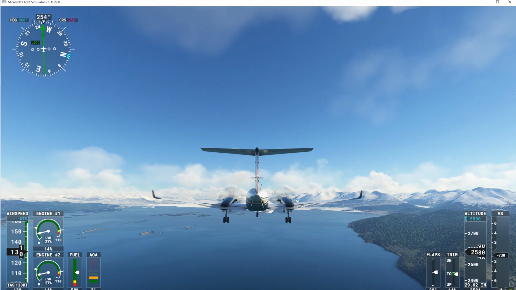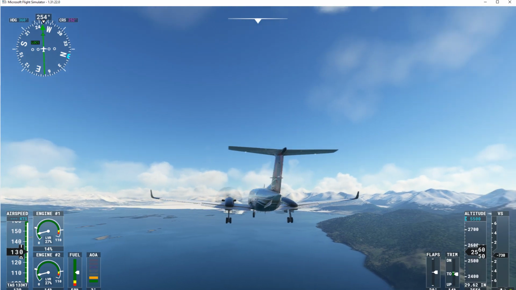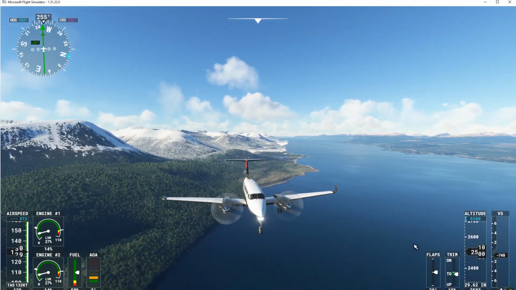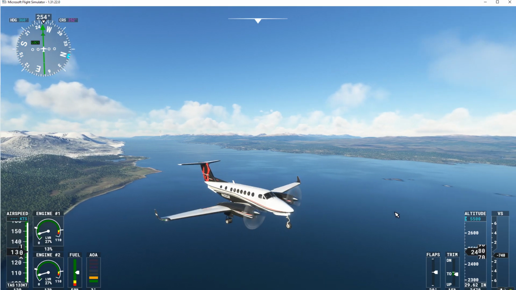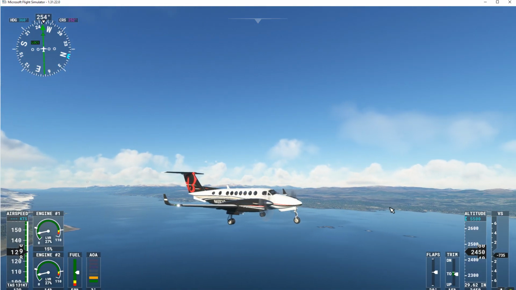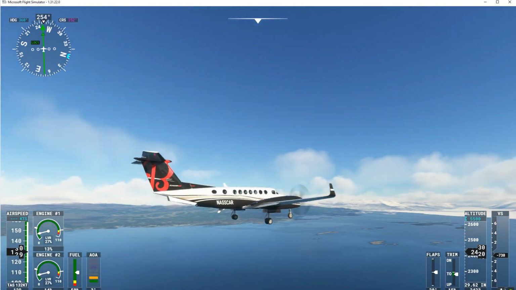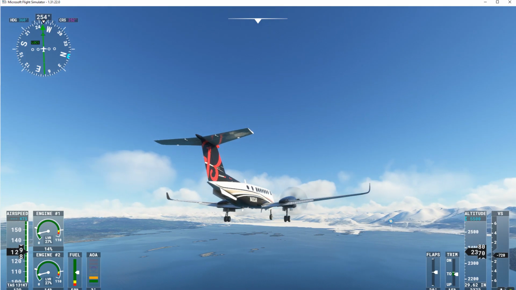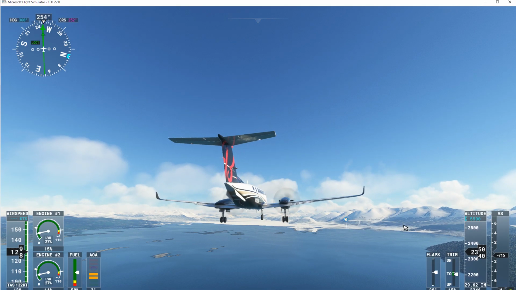Oh, beautiful landscape here. I mean, it's just absolutely fabulous. The plane looks terrific. So we're cleared to land. We finally given up trying to get us to climb. But look at this beautiful